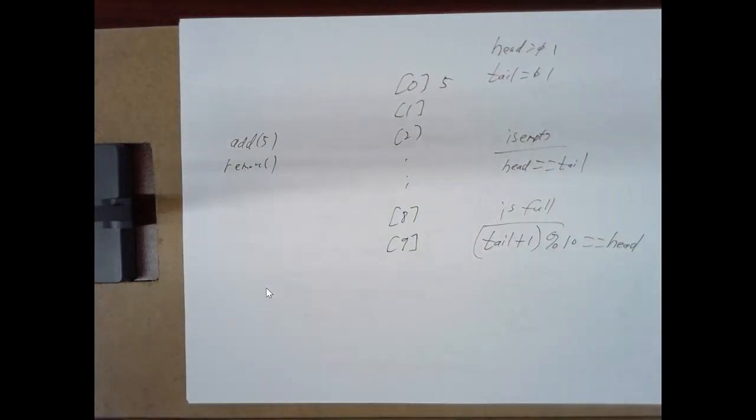looks like this. If incrementing the tail would make it equal to the head, including the possibility of rolling over, because tail got bigger than the largest index in the queue. So if tail plus 1 mod 10 is equal to the head, then the queue is full. The other way of looking at this is it's telling you that if you were to insert one more element, then when you increment the tail, it's going to be the same as head, and it's going to look like